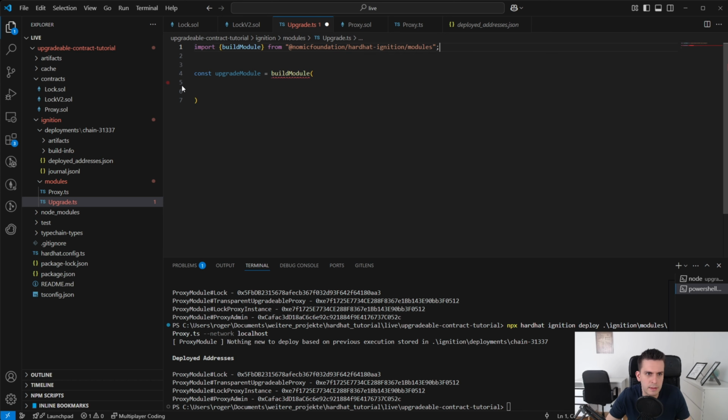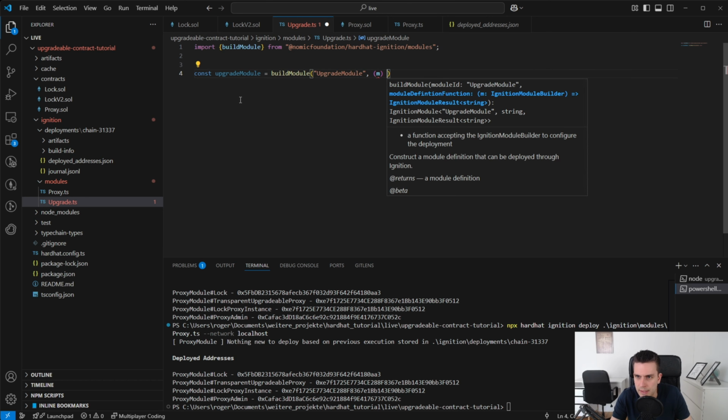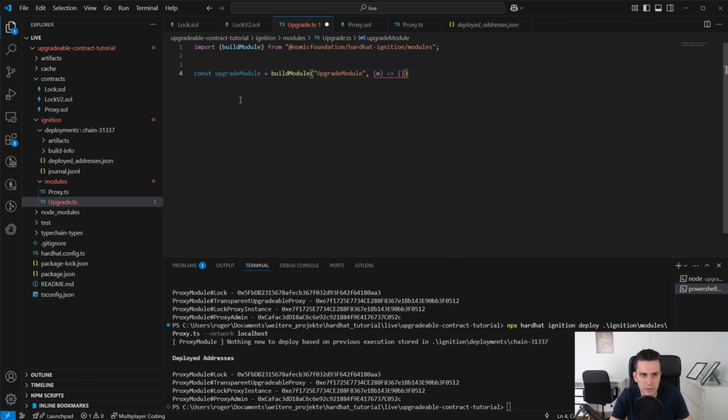So that's the buildModule function here, and we need to give first a name to this module. We call it upgradeModule. And then we have a callback function with this parameter m, which we can use to deploy and do stuff with Hardhat. That's it. And we need to also export this module, default